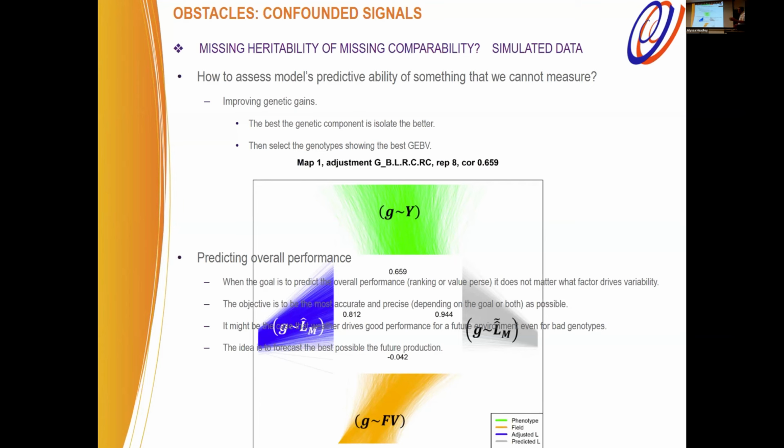Correlation is practically zero. On the left side, in blue, we have the correspondence between the breeding value and whatever we are estimating as part of the genetic signal, and that goes to 0.81. And finally, on the right side, we have the correspondence between the breeding value and the predicted breeding value. And in that case it goes to 0.944. So that's interesting because actually the model is not that bad. The model is bad when you contrast it with something that is derived directly from the phenotype. So probably the model is doing a better job than what we expect. We just don't have the parameters to contrast the performance.